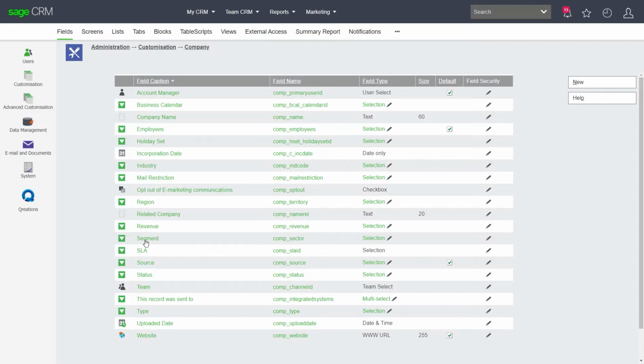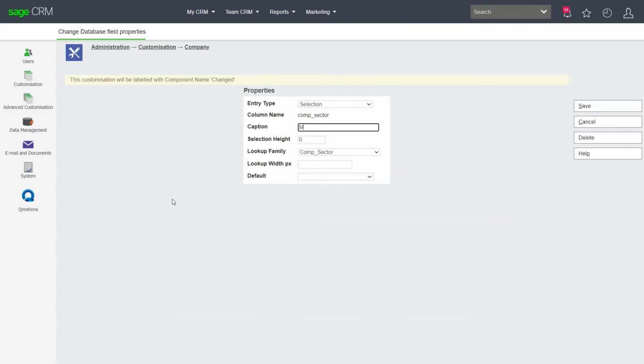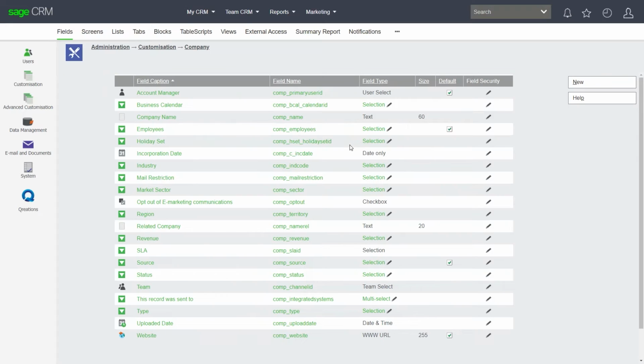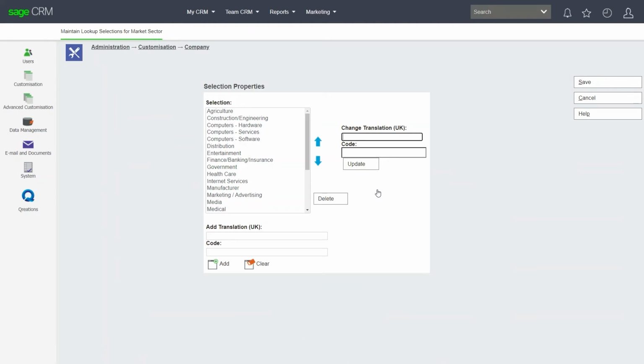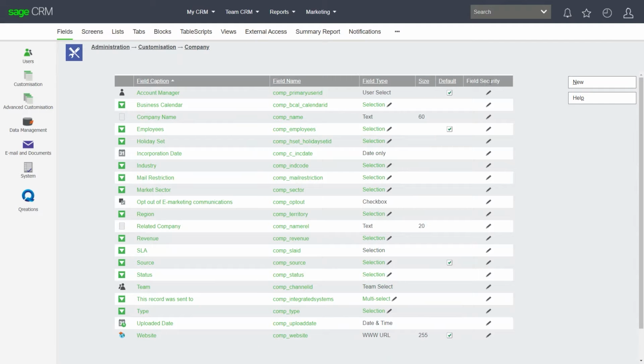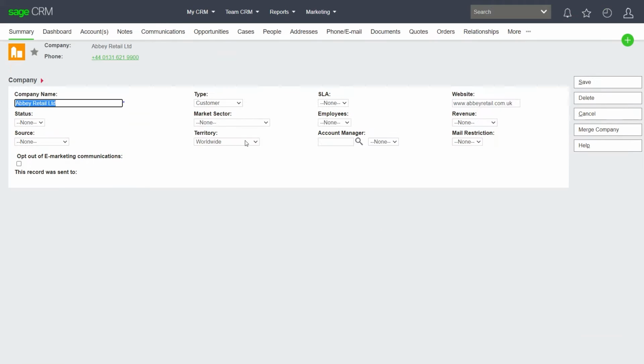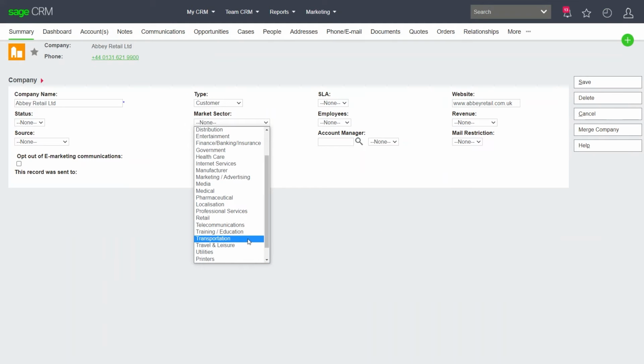If we take a look at a quick bit of configuration, a customer may want to, as mentioned previously, update the company segment field caption to say market sector, as this is how you might refer to it. Additionally, you may want to add a new drop-down option list for consultancy. We could do this by going to the administration section of Sage CRM, going to the company configuration section, and then amending the field caption and drop-down list accordingly, all via the easy-to-use interface.